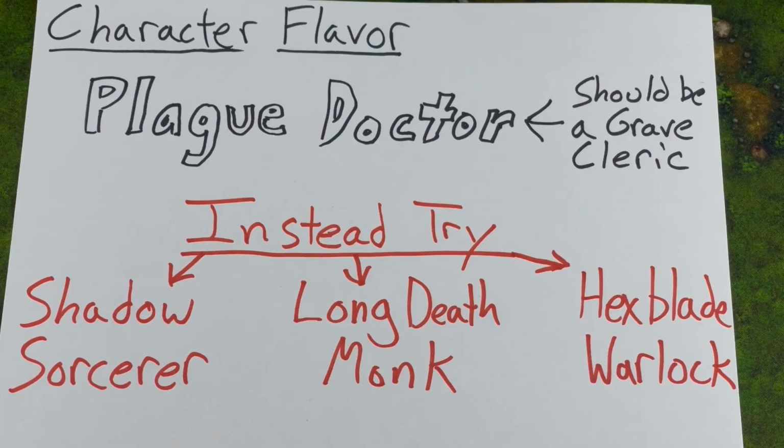But I think that there's some cool Flavorkin out there. What about a Shadow Sorcerer? That could be really awesome for this Plague Doctor character. How about Way of the Long Death Monk from the Sword Coast Adventurer's Guide? I mean, that could be a super interesting character that's a Plague Doctor who likes to study his patients in